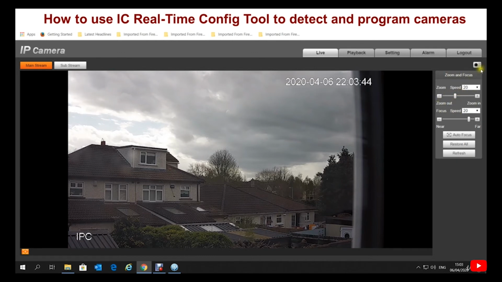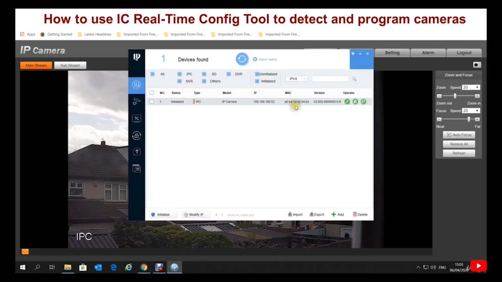You can adjust the focus or not, but what we did, we used that tool which allows you to basically see the parameters and change IP and initialize the new camera on a new DVR or NVR. And that's basically how it works. So we could do this just again, default it again in the settings, and then find it again,